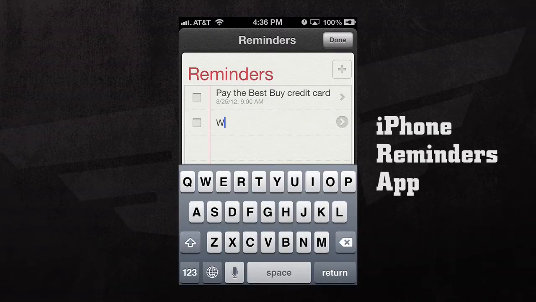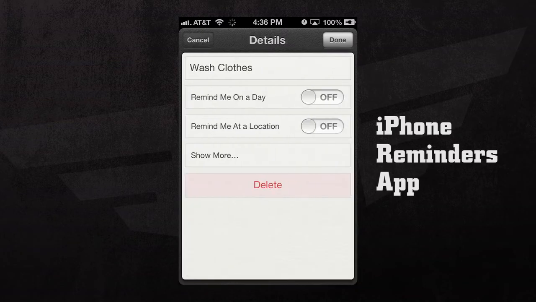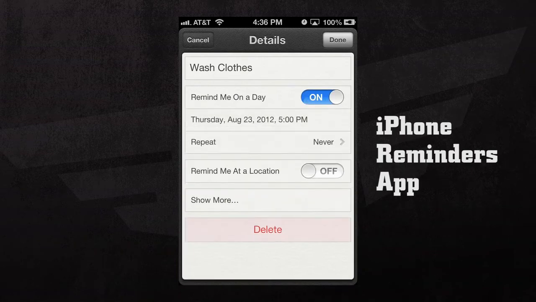If we wanted to add a reminder, we can either hit the plus button or the edit button in the top right hand corner. And we can begin typing in the reminder that we want. If we'd like to add details, all we have to do is hit the right arrow, and here we can